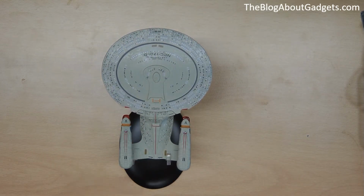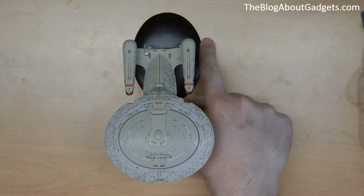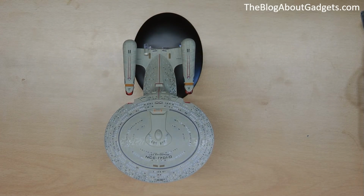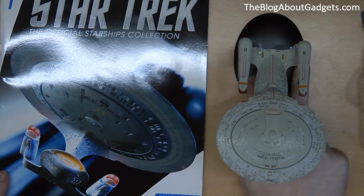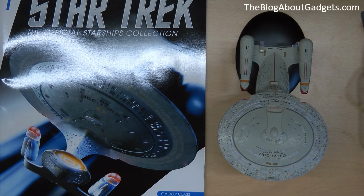Okay, so there we have it, my very first Star Trek: The Official Starships Collection magazine, and Enterprise NCC-1701-D. I've got a few more of these that I'll be unboxing in other videos,